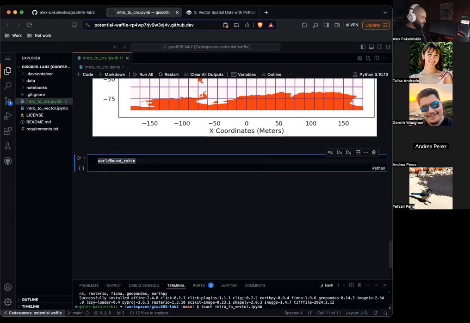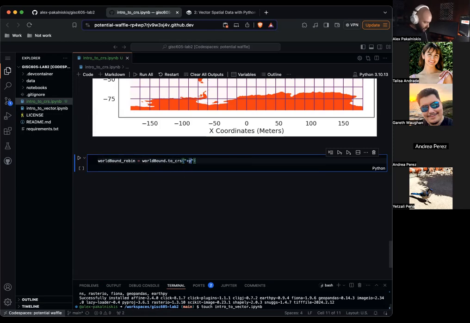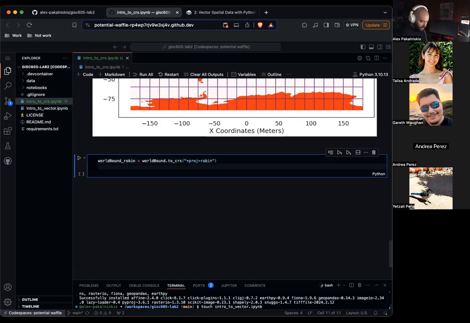So let's now use the Robinson projection and have some fun with this. Let's specify a projection of Robinson, and then let's do the Robinson graticule as well, equals graticule dot to_crs.